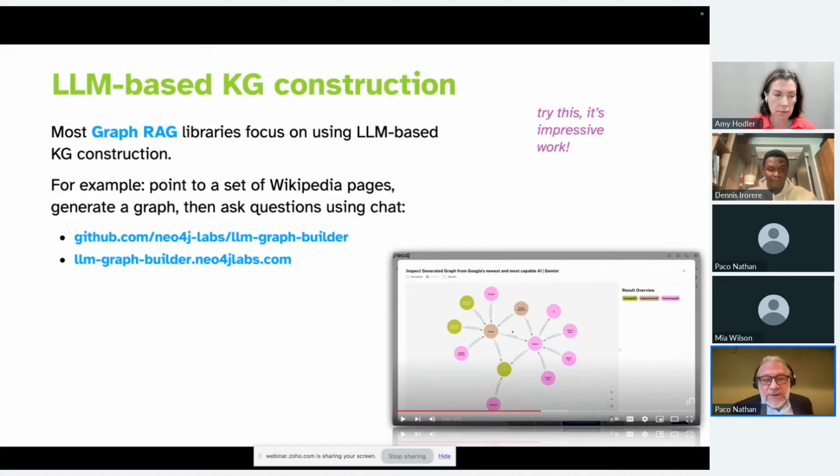And a really great example, I got to see Michael Hunger and some other friends doing this demo just before they released it. It's really quite good. It's called LLM Graph Builder, and I think they're kind of productizing it now in some other areas, but the code is available up on GitHub. Definitely check it out. But it's a good example of building a graph that you can use then in RAG, constructing a chatbot, or maybe constructing an agent, etc. In this case, point to some Wikipedia pages and start asking questions about them. This is really impressive work.